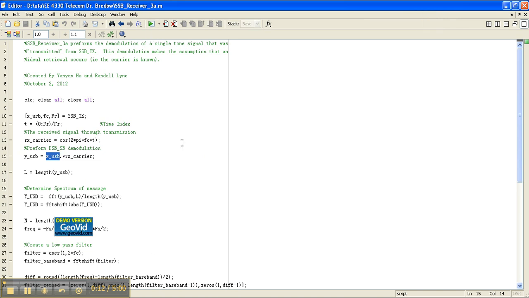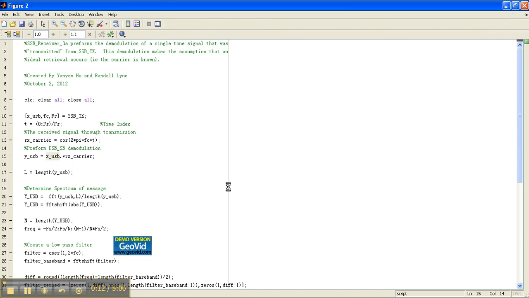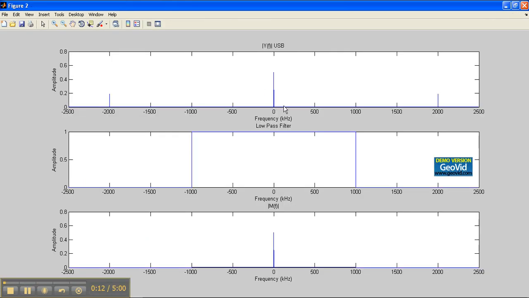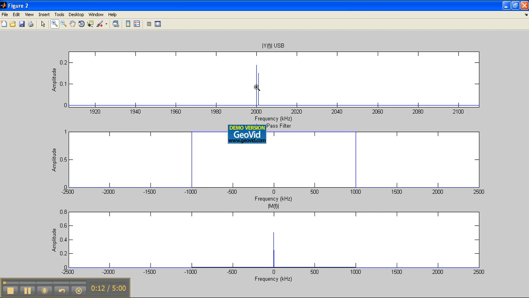So I'll run it and pull up our plots of our results. And what I'll do is zoom in to the 2FC so we can see that we're dealing with the upper sideband. And at the baseband we'll just have the peak, which I'll show you at the next case. So you'll see here, this is the DC amplitude modulation component right at 2FC, and then the upper sideband at